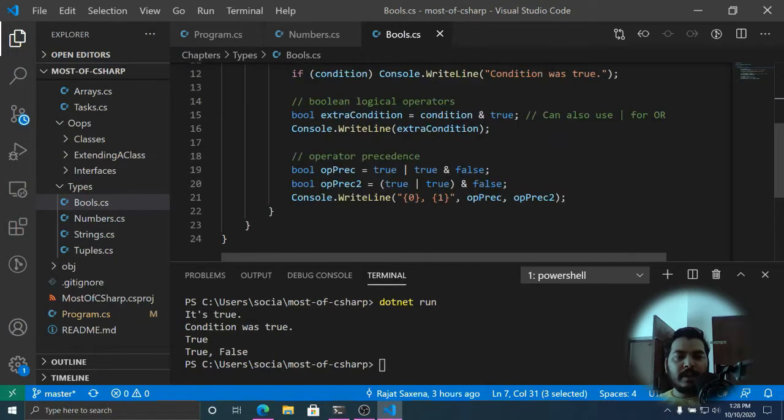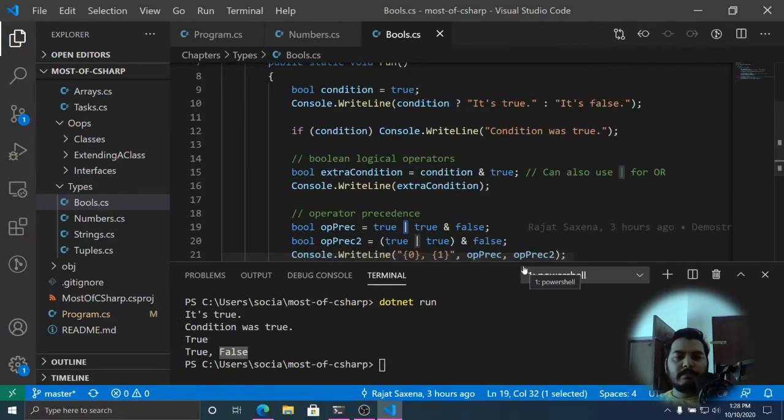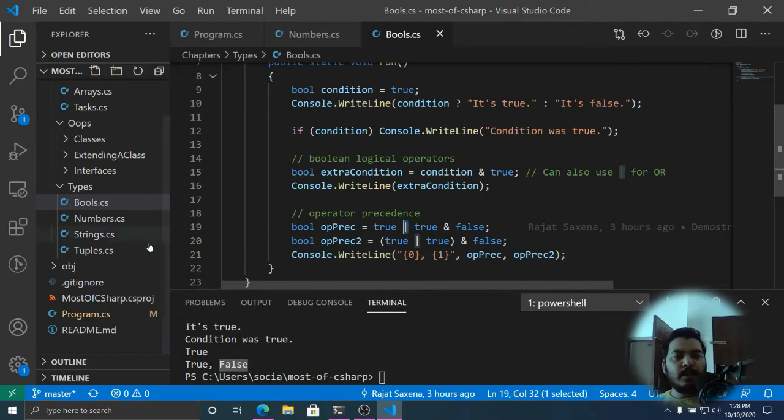As we were saying, these two things are basically the same except for this bracket part, and still the results are different. Here the result is true in this particular case, and in this other case the result is false, right? So you have to make sure that you are well aware of operator precedence, and that AND has more precedence as compared to the OR operator. Okay, so this is the basics of Boolean.